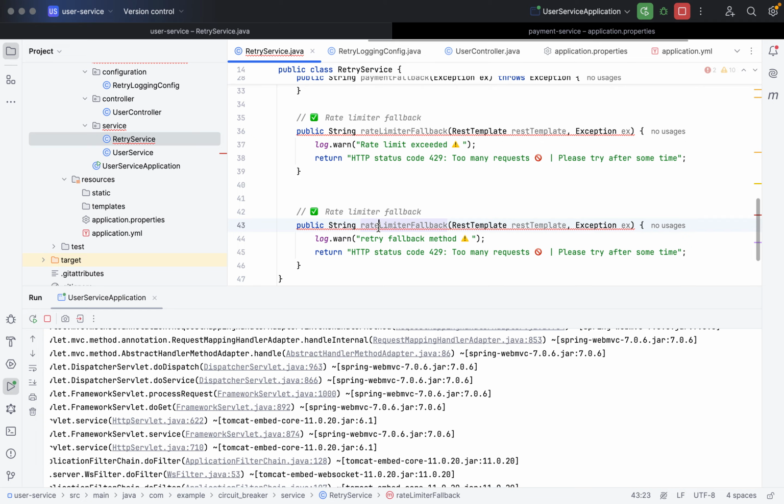And we can make it as retry for that. Okay, so we have retry fallback, and here we can see we can return retry happening, retry happening. So this is the successful response for retry. Actually, this is the retry fallback.